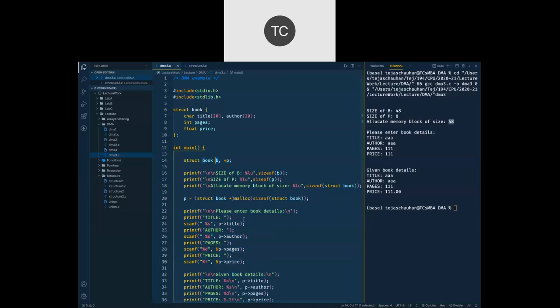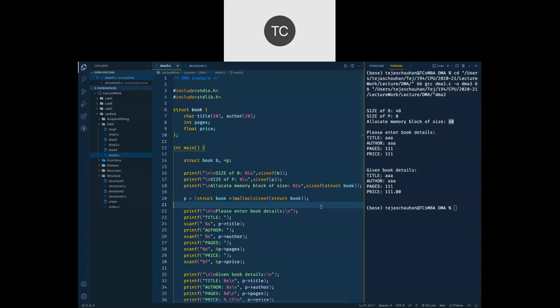Declaring a normal variable B is efficient when you only want to go for a single book. Now, definitely if you already know कि आपको सिर्फ एक ही बुक स्टोर करना है तो आप नॉर्मल वेरिएबल ले सकते हो. डायनेमिक मेमोरी की कोई ज़रूरत नहीं है. When we go for dynamic allocation, जब हमें पहले से पता नहीं है कि मुझे कितना डेटा स्टोर करना होगा. If I'm not sure that I'm going to store 5 books or 10 books or 15 books, only in that case we go for dynamic memory allocation.